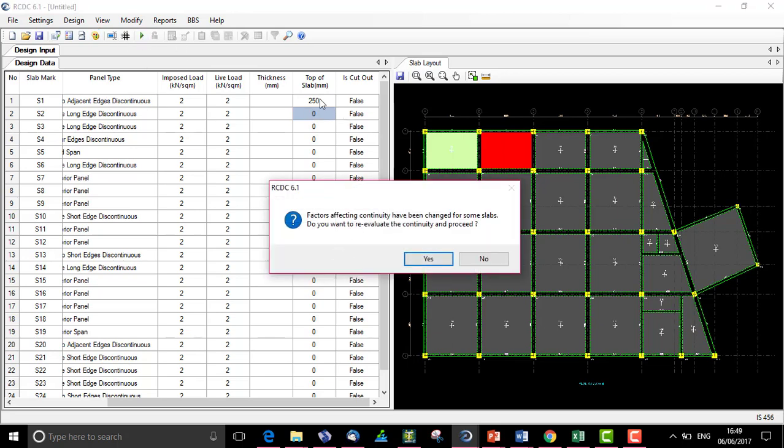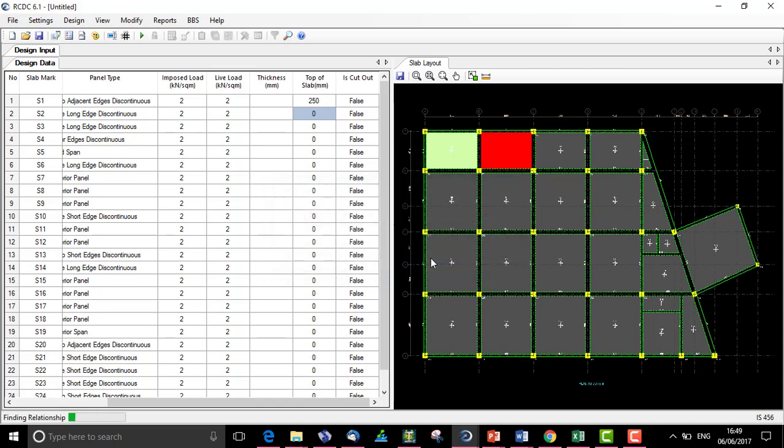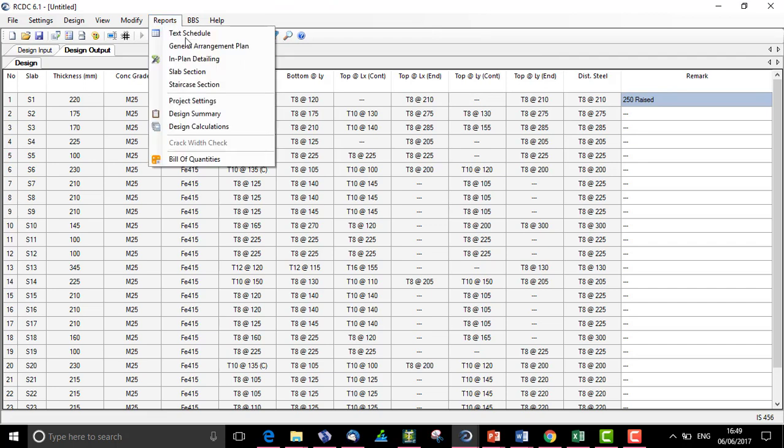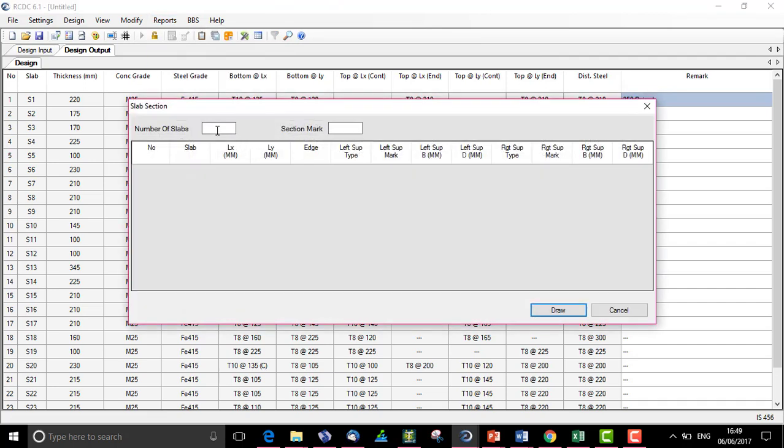So once we have raised the slab, the neighboring slab and continuity condition or the edge condition will be changed. So RCDC will reevaluate the continuity condition and we can then proceed ahead. We can see that as we have raised the slab, it is giving us a remark that it is raised by 250. To just notice this, we'll draw a slab section for this.